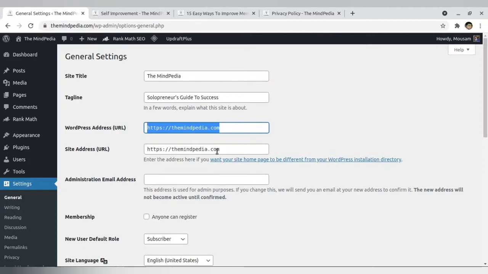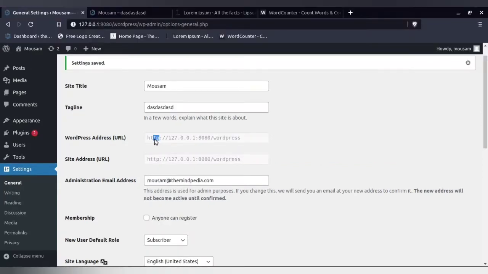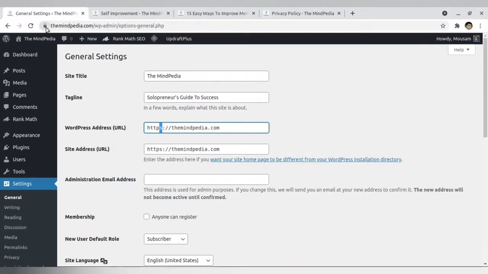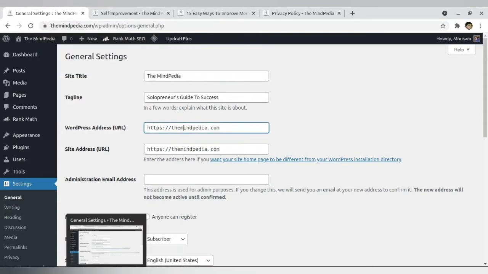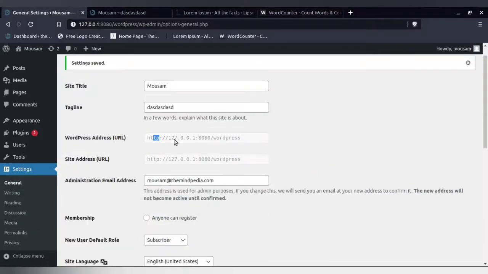Now if you do not have SSL installed, in that case you might see it is HTTP. I highly recommend that you install SSL. If you do not have SSL in your WordPress or you want to add SSL, kindly comment below. In a future video I will show how you can add a free SSL from Zero SSL. Those are free. The only thing is that you have to manually update your SSL after every 3 months, which is not a very big process.